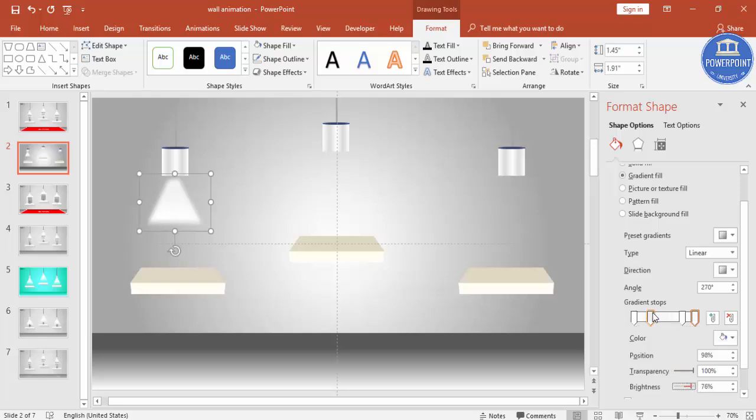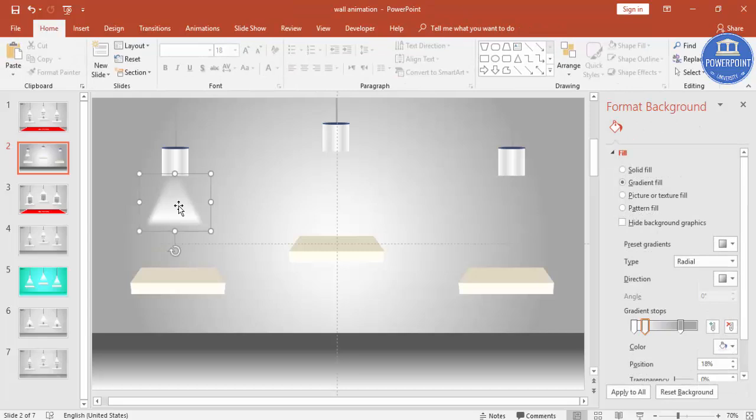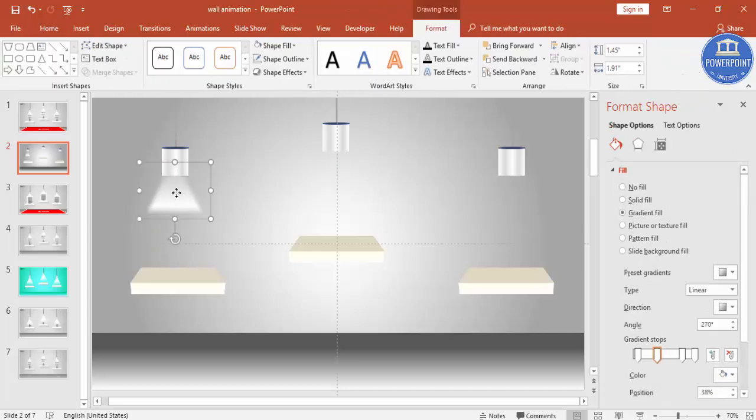And this also brightness 100%, and this also make it less transparent. We should get a perfect light, so you can just play with the transparency. So you can see here, this is the light effect,